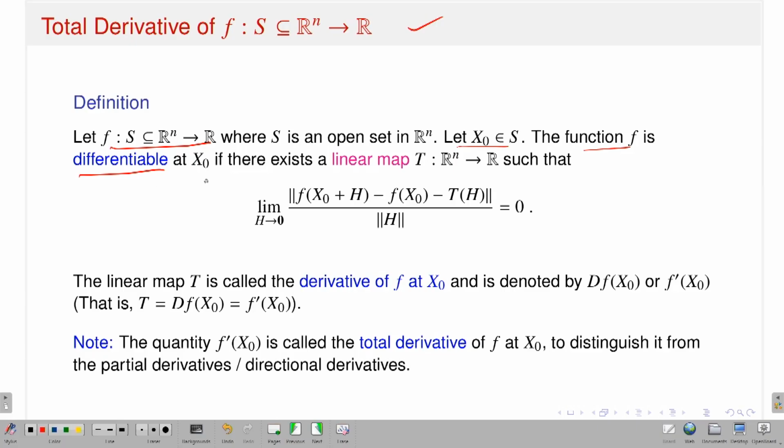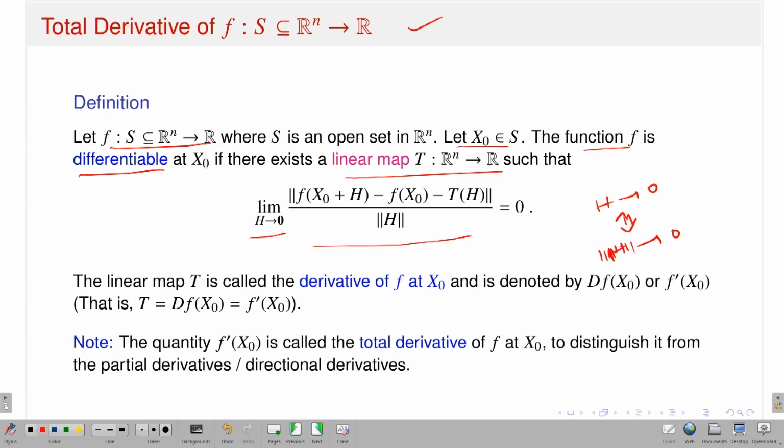So, the function f is differentiable at x naught if there exists a linear transformation from Rn to R such that this is true. What is this? This is the limit as h approaches 0. So, if I am in Rn, h approaching 0 means what? The norm of h goes to 0. So, h, the vector, approaching 0 is, by definition, if and only if the norm of the vector